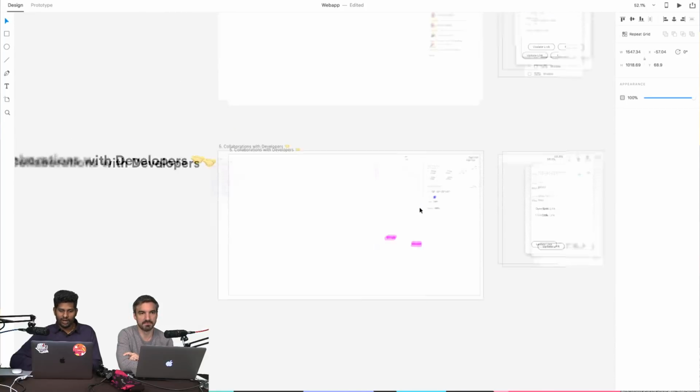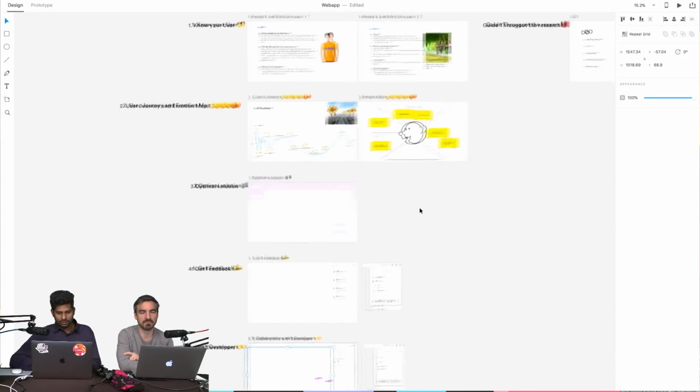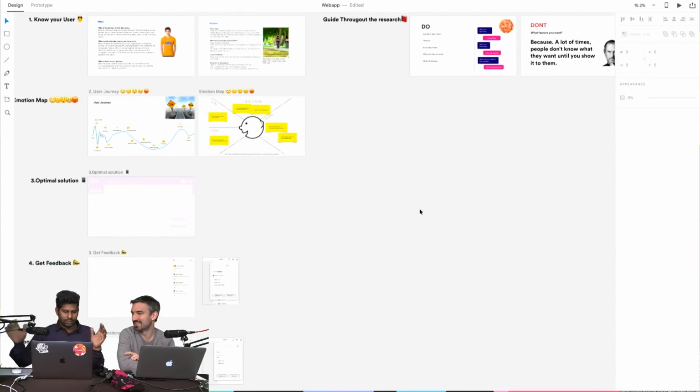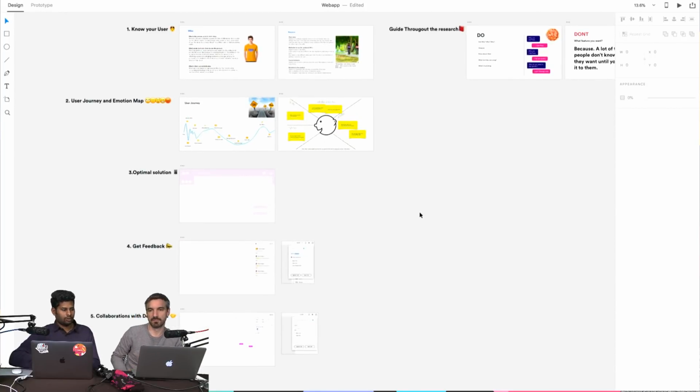These are the five things we have to know. It's a quick five steps. We can do these five steps in a single app. That's amazing, I feel. I don't want to jump into so many softwares, Keynote, Photoshop, Illustrator. It's very important for startups, and if you want to become a UX designer, you have to follow these five steps. Your app is going to be successful with your users.